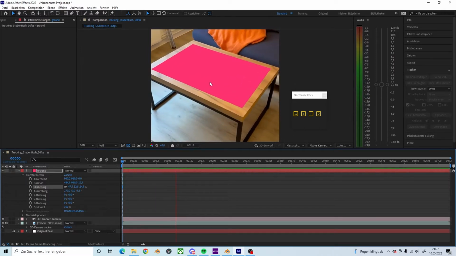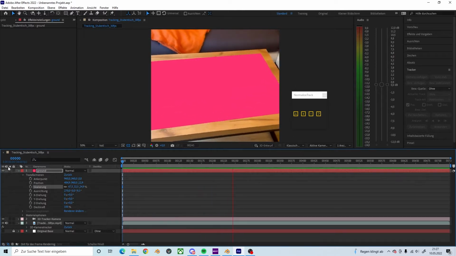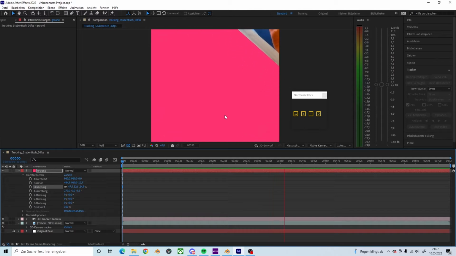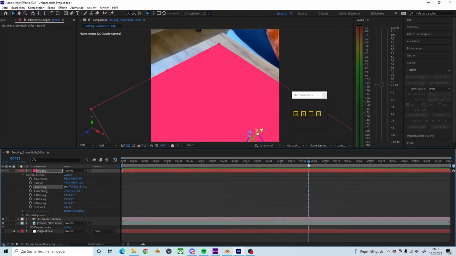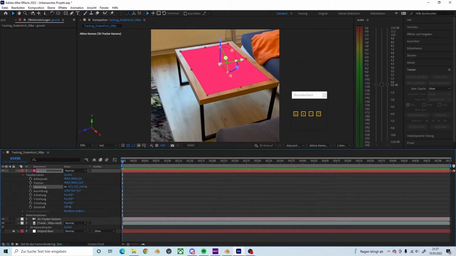And if we look now, you don't have to hear my breathing. Wait a second. And if we look now, you can see the surface is tracked to our table. Not quite that difficult. And the cool thing that we can do now is that we got our 3D tracked